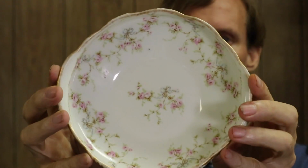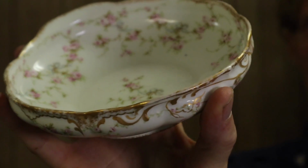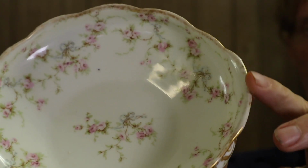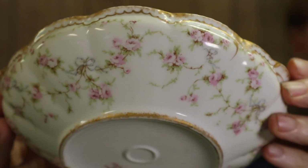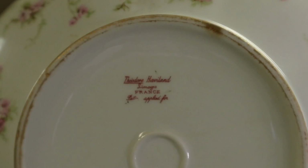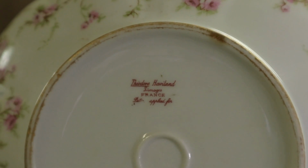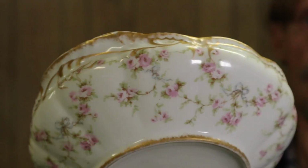We'll start with this little piece because this is Theodore Haviland, Limoges, France is the mark. This is a sweet little bowl with 2 tab handles, so a tab-handled bowl. They don't really look like handles, but it does flare out a little at the edge, so that is considered a tab handle. That's how you would have picked it up. This could have been used for anything from sweetmeats to sauces on a table. And you see a nice mark here, Theodore Haviland, and that was one of many makers in the Limoges area of France. You'll notice it has lovely gilding because, again, brightness, and because that's what people wanted,